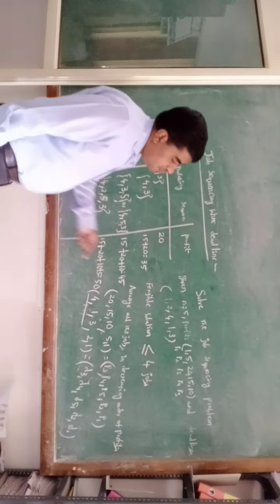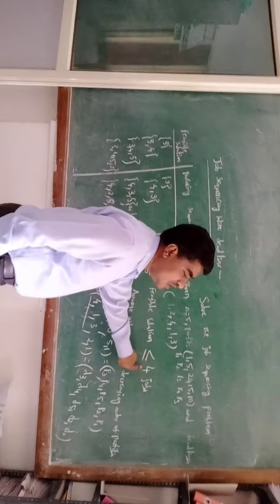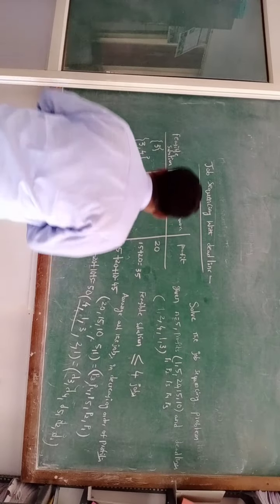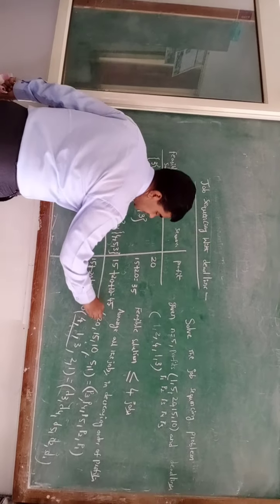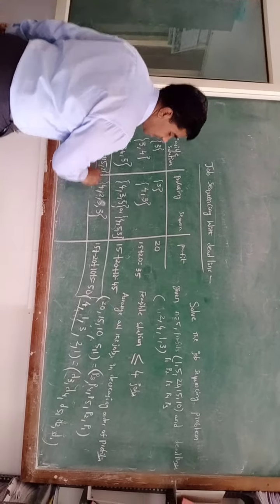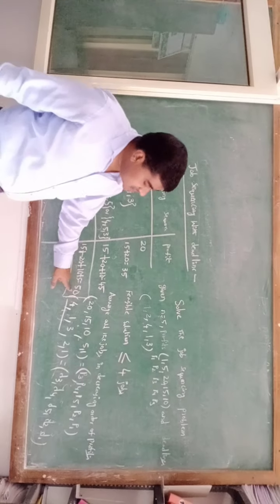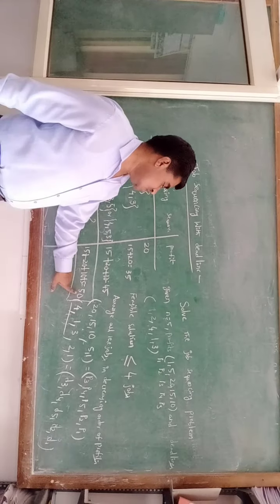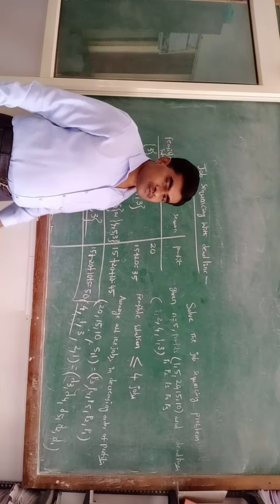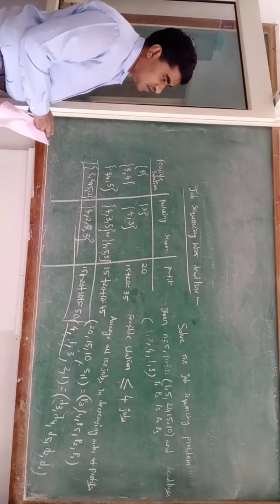So here the feasible solution consists of only less than or equal to 4 jobs. So next, even if you try, it is not possible to execute the remaining ones. So finally we get the maximum profit, that we have got, that is 50. Next, one more example we will take.